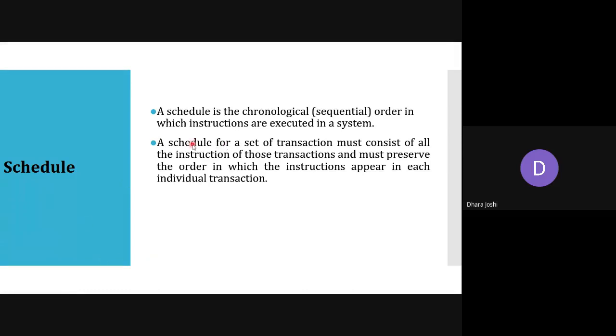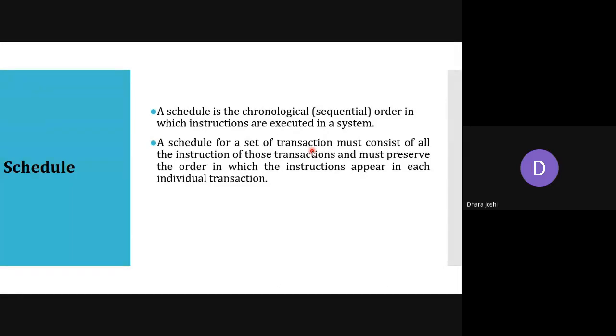We need to focus. A schedule for a set of transactions, that means at a time two or three transactions are going on, T1, T2 and T3, we can call it a set of transactions, must consist of all the instructions of these transactions. Like if in T1 we have the first two statements as read A and read B, and in T2 we have read A and write B, the sequence which is followed in a particular transaction needs to be followed.